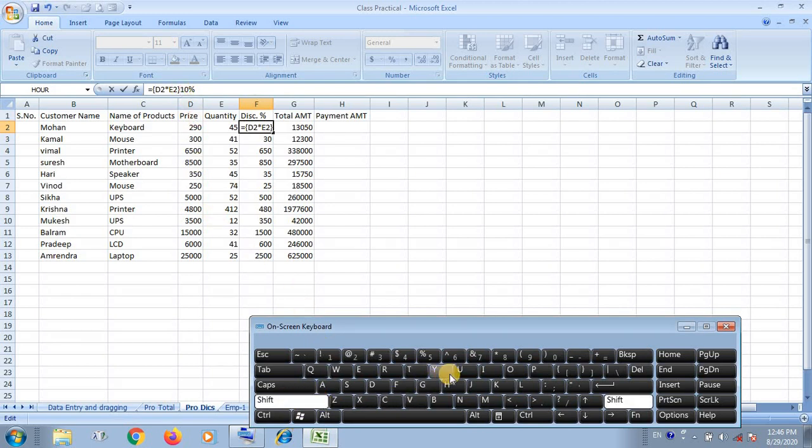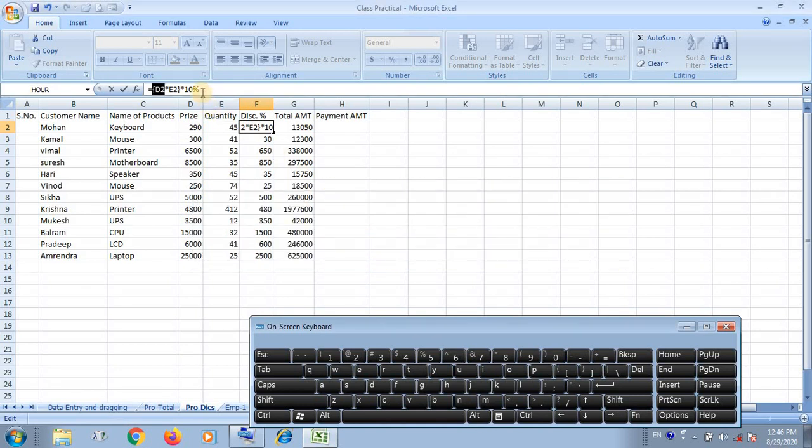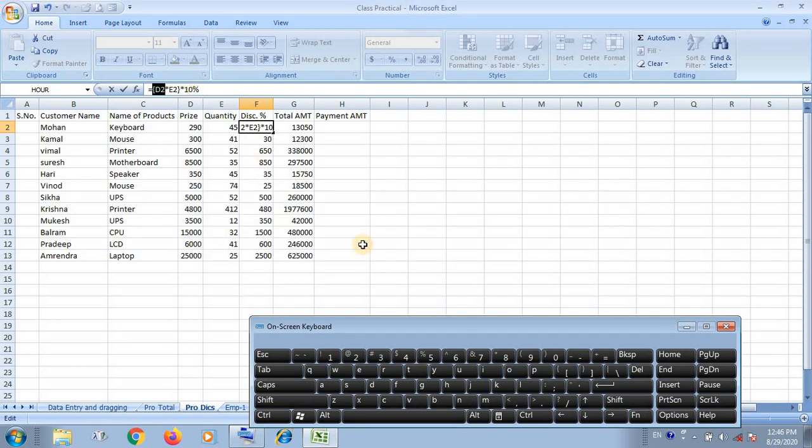And you have to use the star sign for multiplying. Now you are looking here at the total discount percent of the product. Okay, no problem. This is the other bracket, that's why it is displaying wrong. One minute.